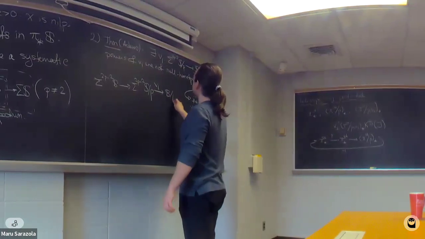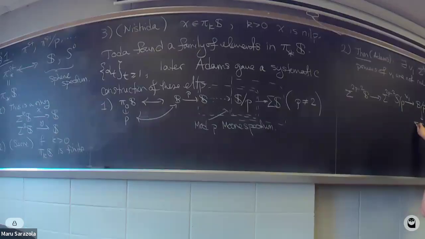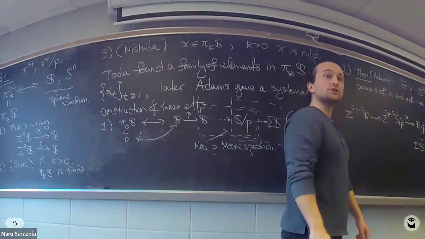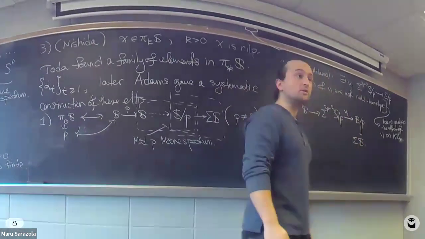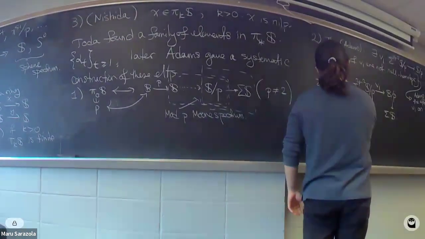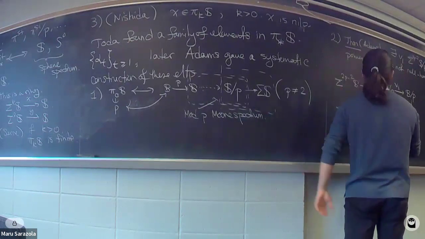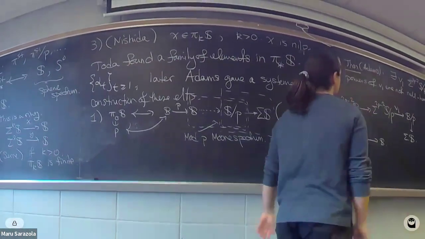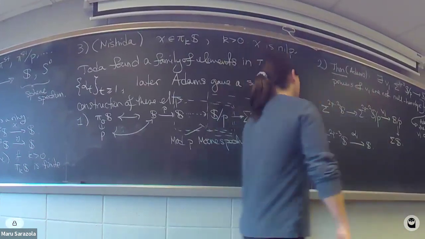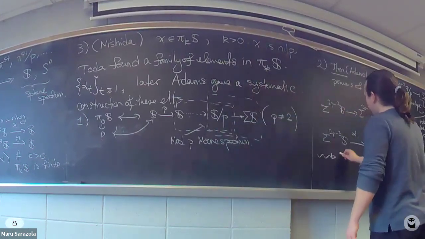You map back down to the sphere mod p, and then you map to a suspension of the sphere. And then you can use the loop-suspension adjunction. You can desuspend this whole sequence, and the result that you get is a map from the 2p minus 3 suspension of the sphere into the sphere. And Adams proves that this is alpha 1, which, and here's a fact,